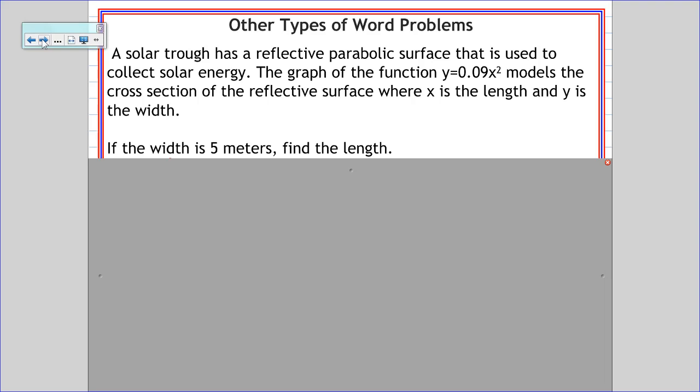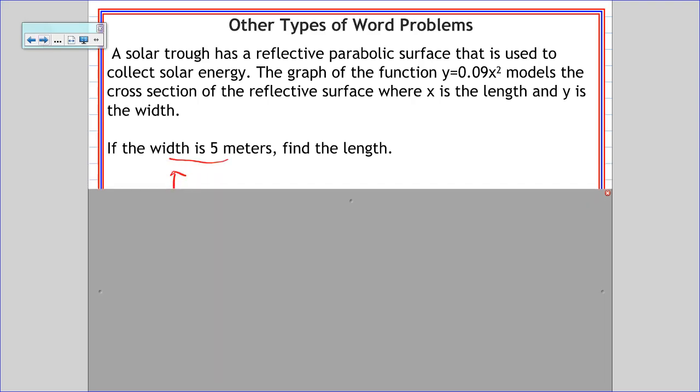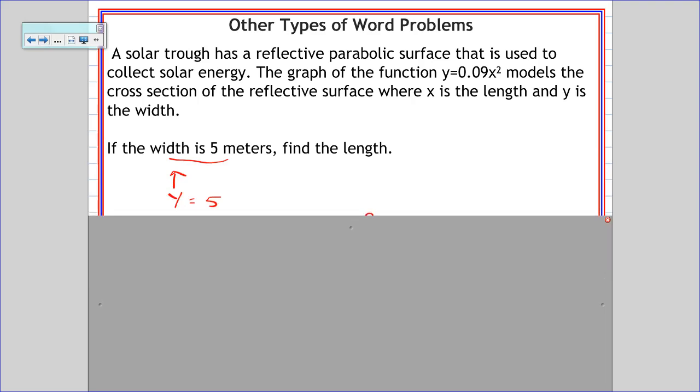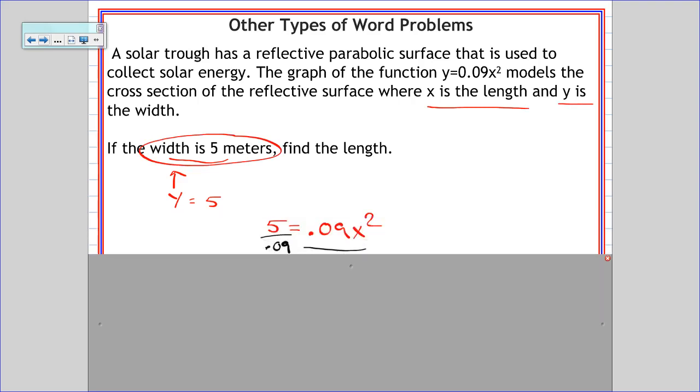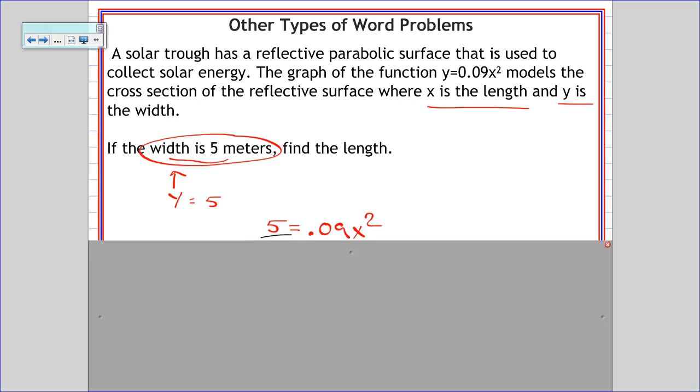All right, I'll be honest with you, almost none of that matters. What really matters is that we were given that x is the length and y is the width. So if they tell us the width is 5, all that means is y equals 5. So I can go to my equation and plug in 5 for y. 5 equals 0.09x squared. I'm going to divide by 0.09,